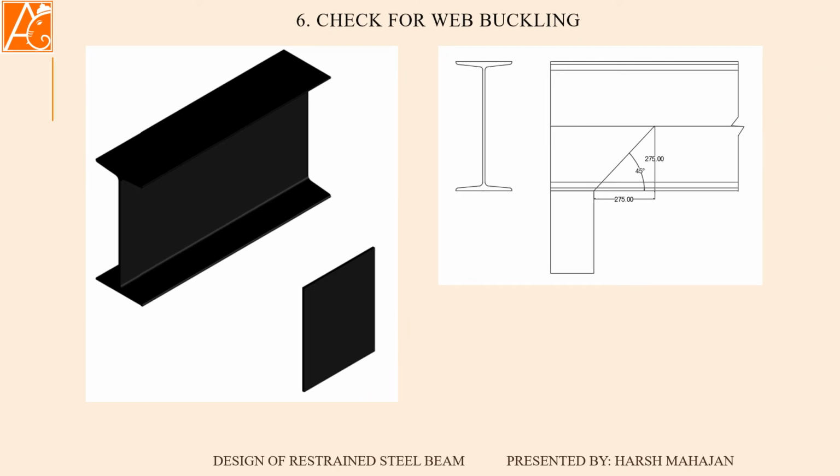Before going to see these figures, we are considering an element of the web directly from this I section. This is of thickness 10.5, length of B1 plus N1. So in the previous section we have seen the length of the resisting beam to be B1 plus N1. And this is the length of the column, which is actually the depth of this web only. So this is acting like a column, and we have to see whether it will buckle or not.